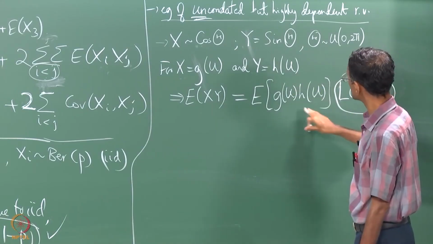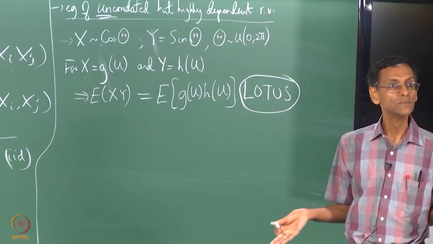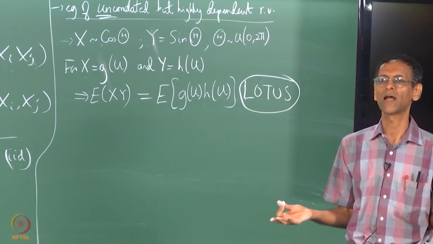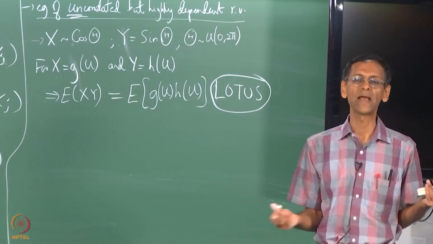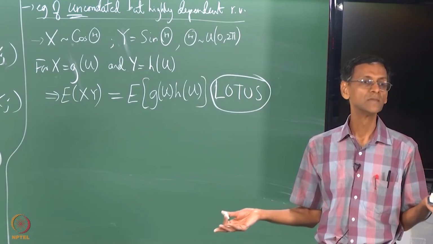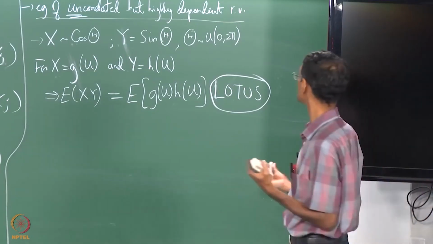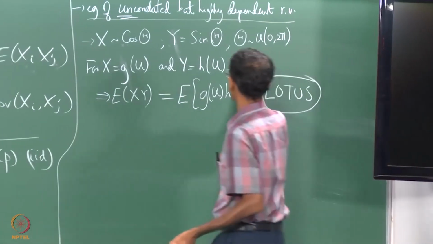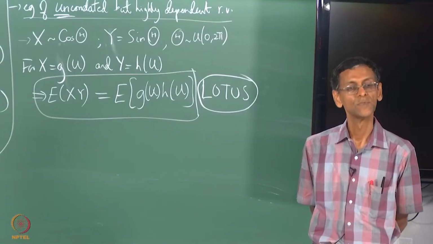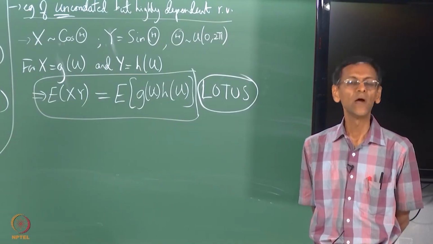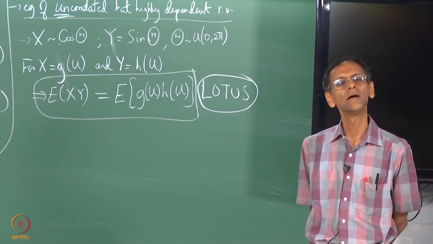So what I am trying to say is that this is no different from any other E of some function of u. You can think of g(u) h(u) product as yet another function of u, and do not worry about the fact that g(u) is some x and h(u) is some other y. So this is what I want you to take home more than anything else, right. Even though x and y do not have a healthy PDF, they still have a healthy E[XY],